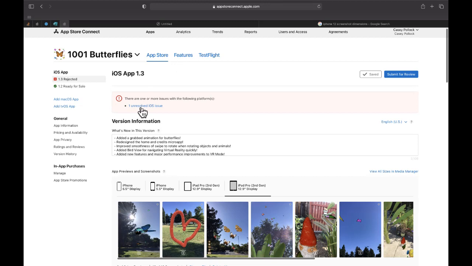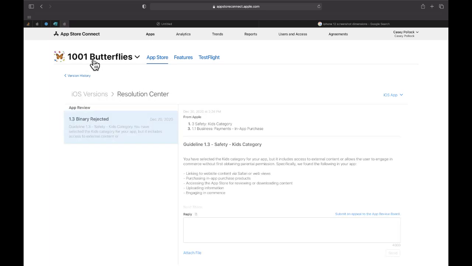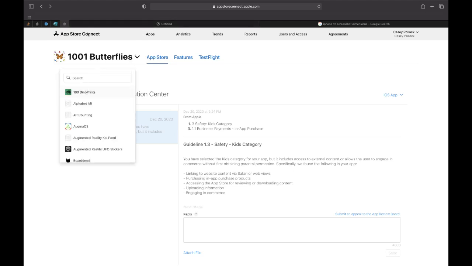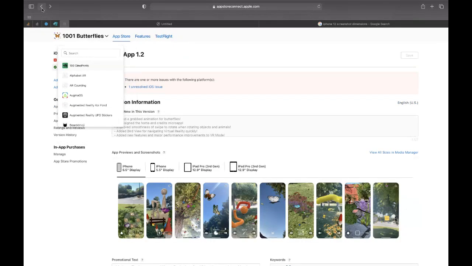So this one got rejected because of Apple's App Store rules. They have a lot of rules, so this one was just something small because I targeted this app specifically to children. This was my first app that I targeted to kids. And because of that, the rules are a little bit stricter. So that's why the update got blocked. And I just have been a little busy because I have a lot of different things. So I haven't updated that yet, but I will. And then you guys will get 1.3.